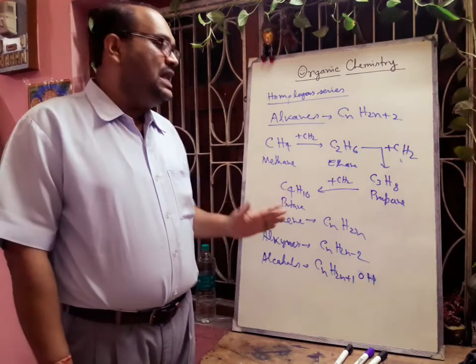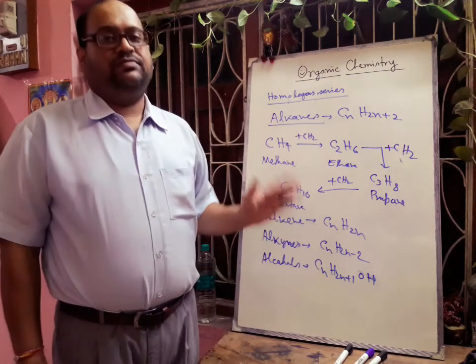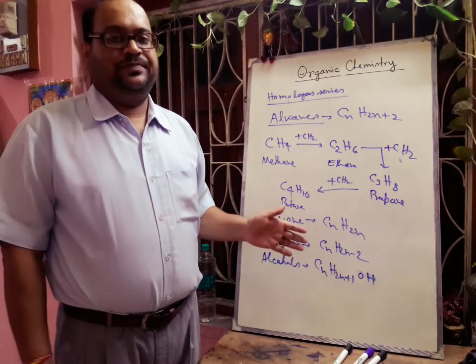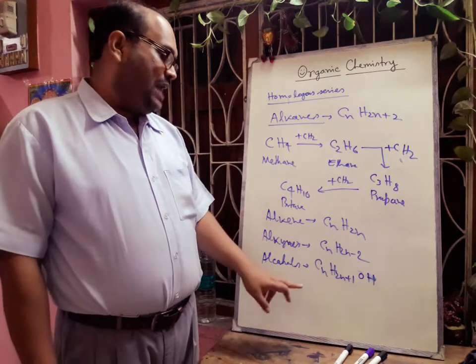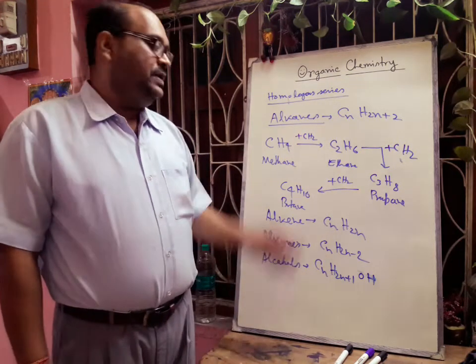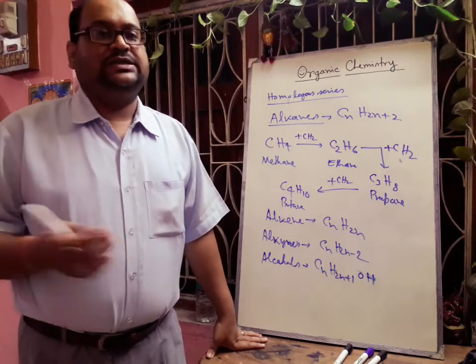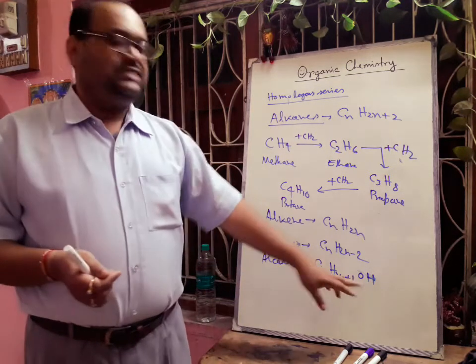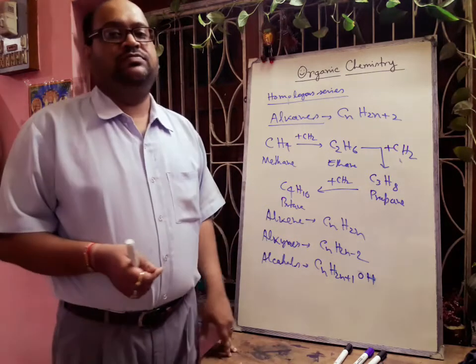And they have similar chemical properties, because of the same kind of compounds. Alkane is one type of compound, alkene is one kind of compound, alcohol is one kind of compound. They are grouped by this homologous series. And they possess the same functional group. In case of alcohol, its functional group is OH.